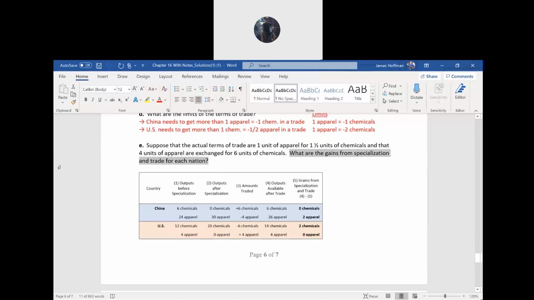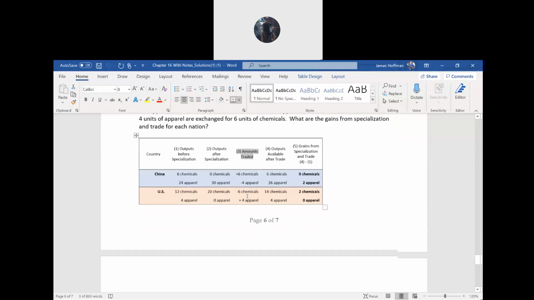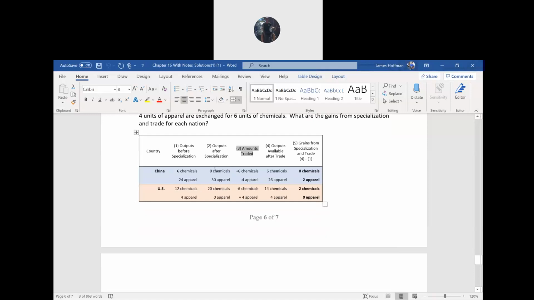Okay, then let's determine what are the gains from specialization and trade for each nation given this trade. So we already did this part, and we already did this part. Now let's do the trade. So whoever has the chemicals is going to trade the chemicals and get the apparel. Whoever specializes in apparel is going to trade the apparel and get the chemicals. Okay, so China